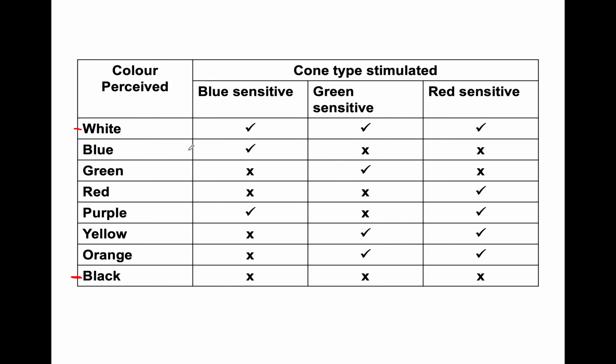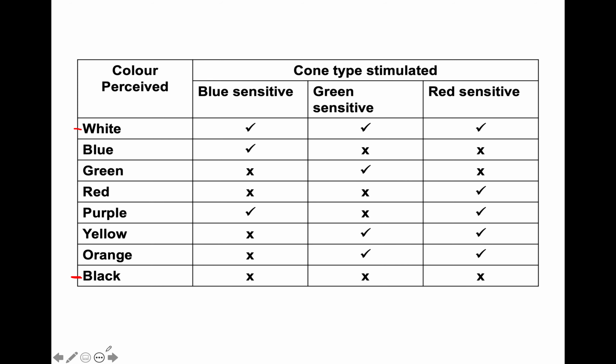So blue light will only stimulate blue sensitive cones, and therefore the colour perceived will be blue. Likewise, green only stimulates green sensitive cones and is perceived as green. Red light, or wavelengths which are red, stimulate the red sensitive cone and will only be perceived as red. Any other colours are combinations of